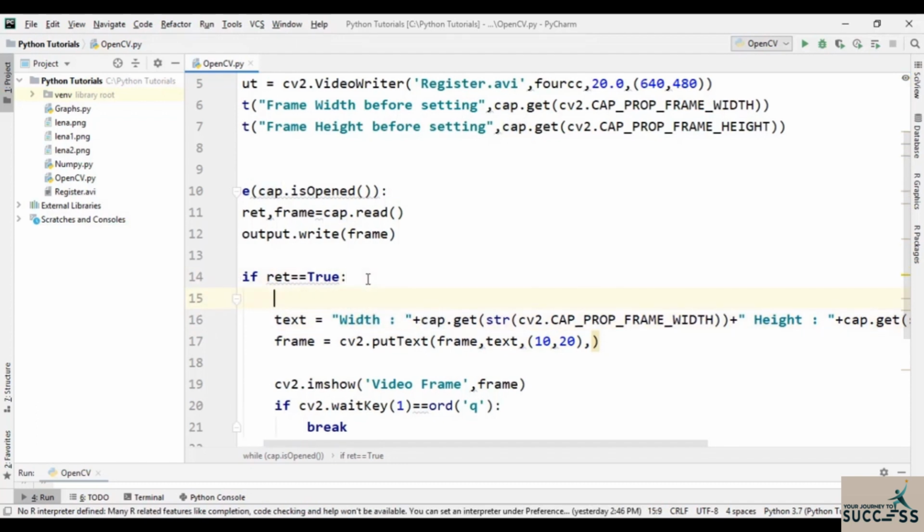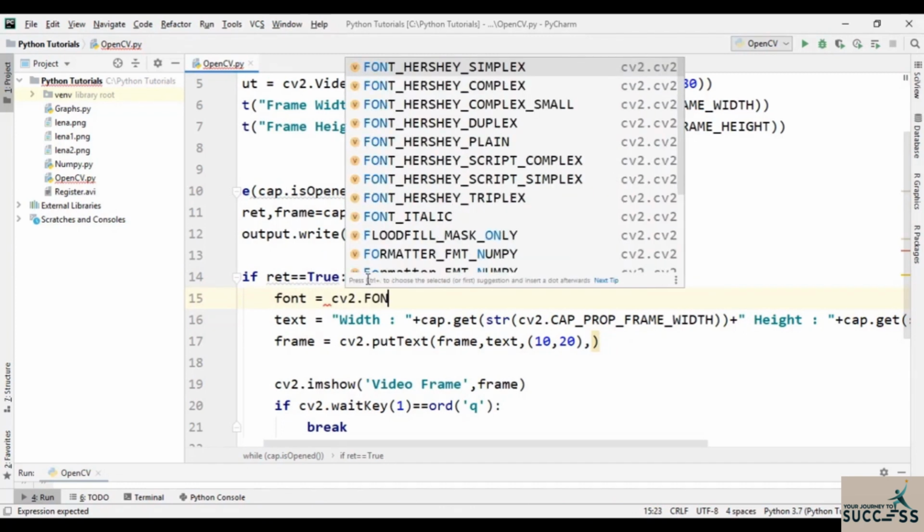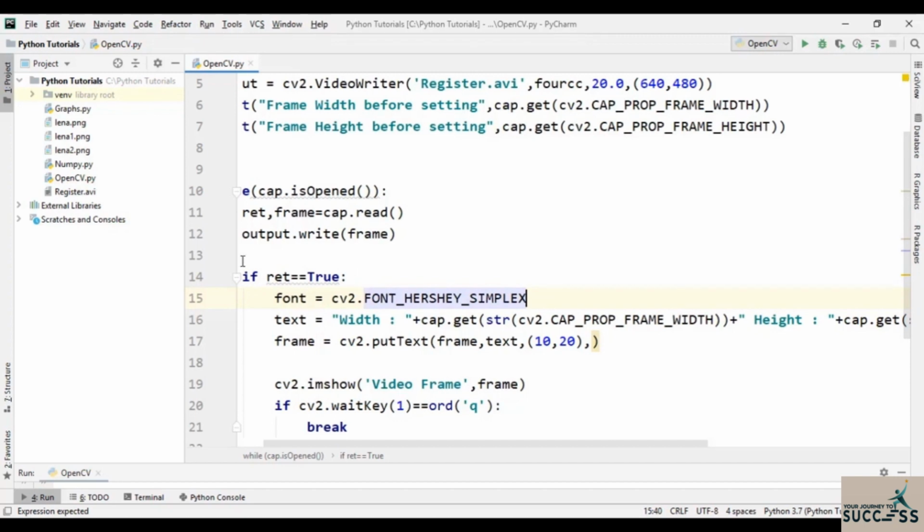So right in here I'm going to create a variable, and I will name this variable font and put it equal to cv2.FONT, and this is basically the type of font. This is one type of font, but you can feel free to choose any type of font of your wish. All right, so now for the fourth argument we need to supply that font which is now stored in this variable font. So just type here font, and now the next argument is font size. So let's say that the font scale will be 1,